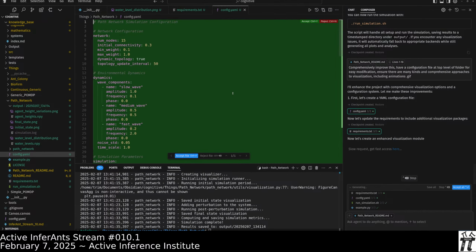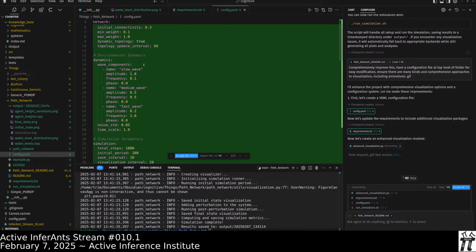Okay. Let's look at this config file while Path Network looks through how it's going to implement it. Okay. We have number of nodes, connectivity fraction, weighted connectivity, dynamic topology, true or false, topology update interval.